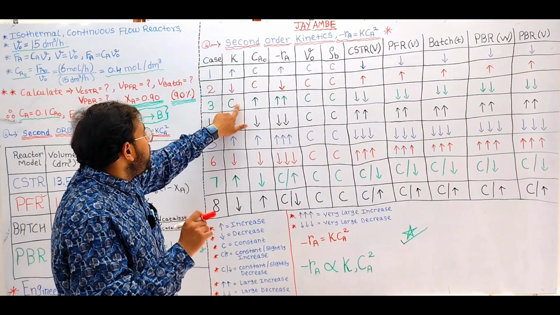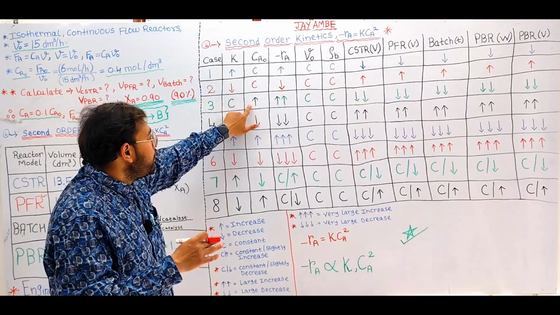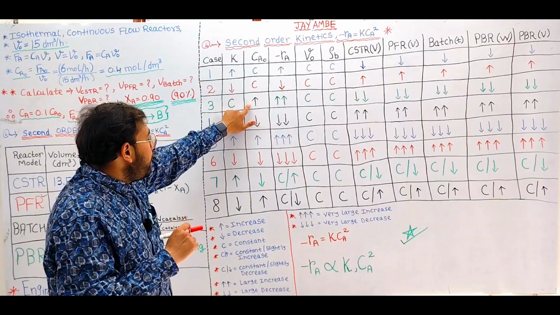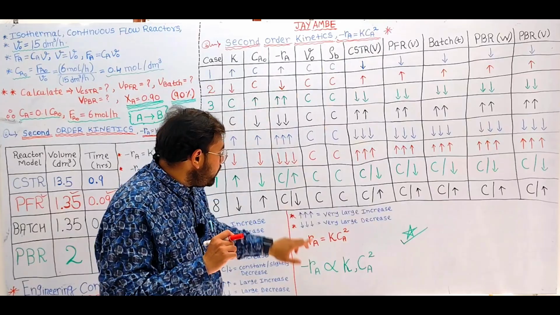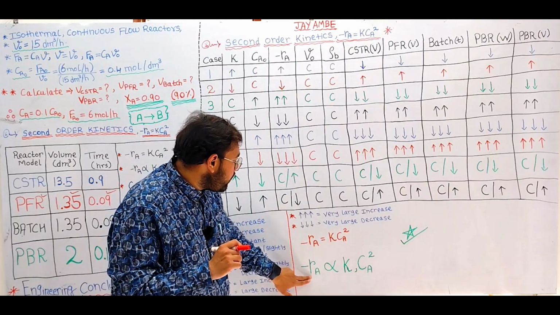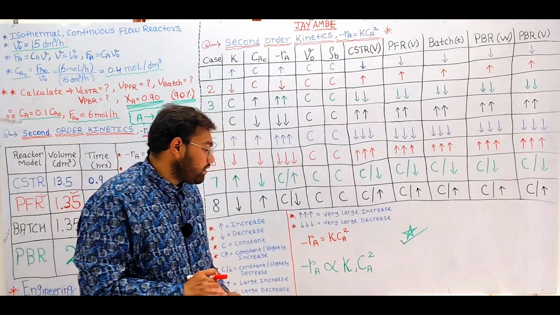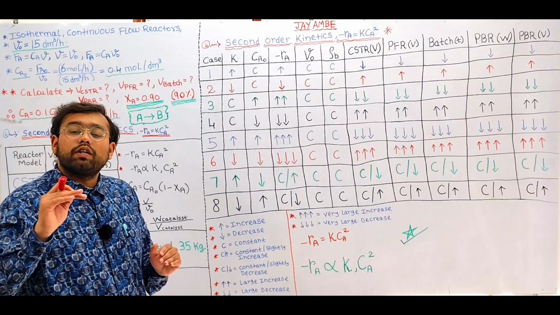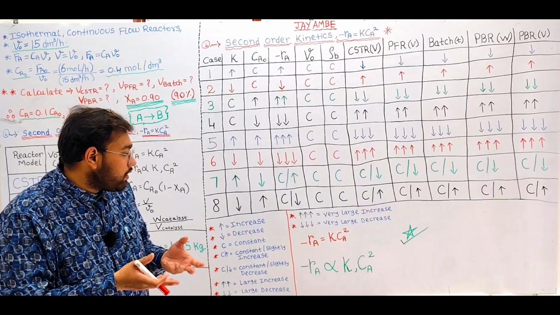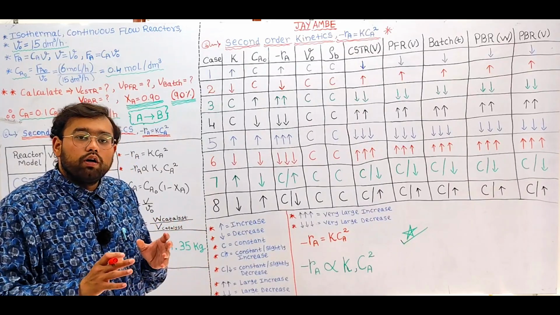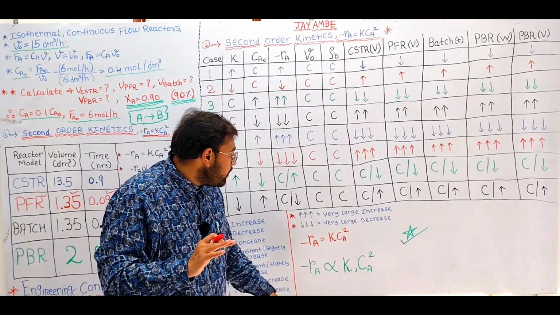So in the third case, we are keeping the rate constant constant, and we are increasing the initial concentration of the reactants, right? By increasing the concentration of the reactants, see here in the rate law, the reaction rate is directly proportional to the concentration. Which means if we increase the concentration of the reactants a little bit, the concentration present in the reaction environment with a little bit higher amount, right,